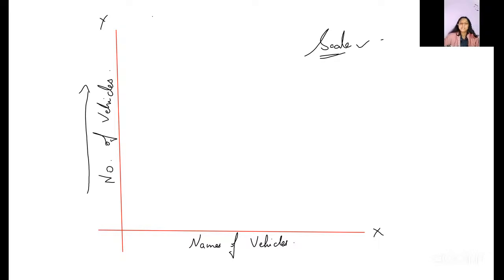But sometimes what happens, we are given data that is very big, very big numbers we have for the scale. So at that time what we do, let's see, suppose